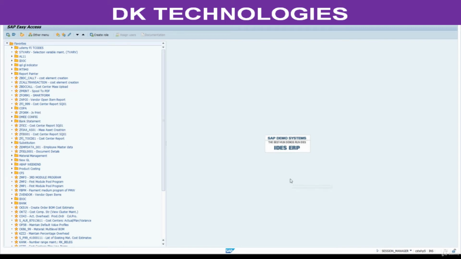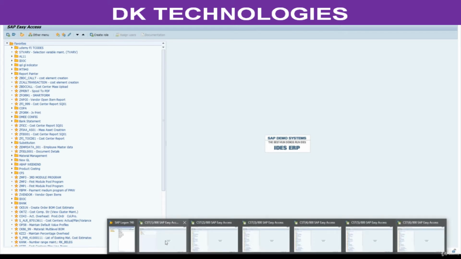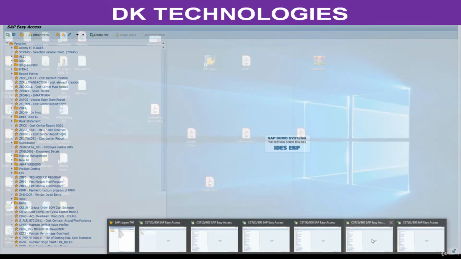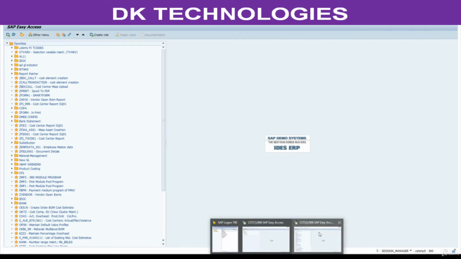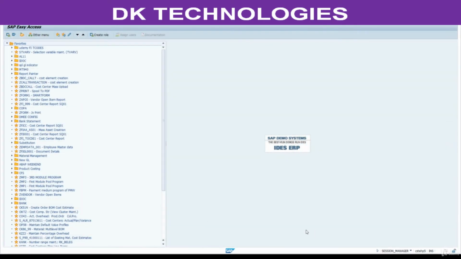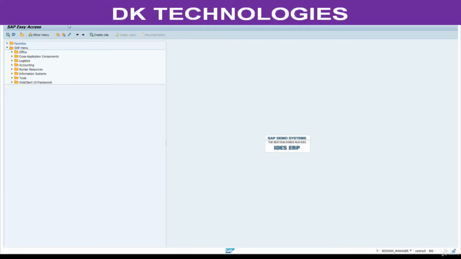Why are we getting this? In SAP we can have a maximum of 6 windows only. One window equals one session. Hope you understand. Only 6. Close from here. Close. Close. Close. Now we closed 4, and we have 2 screens. You can close from here as well, with End session. If you don't want to close from here, you can close from here as well. Now we have only one session left. If you close this session, you will log out of the system.